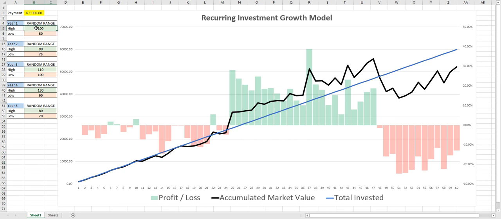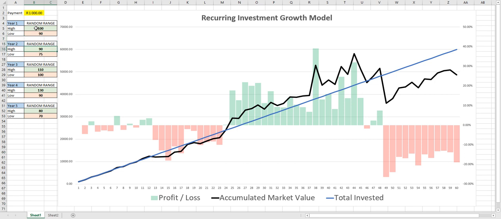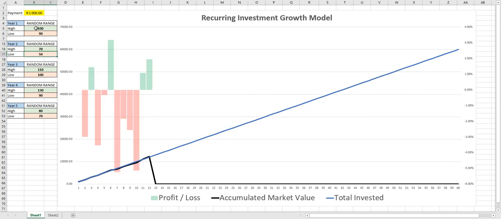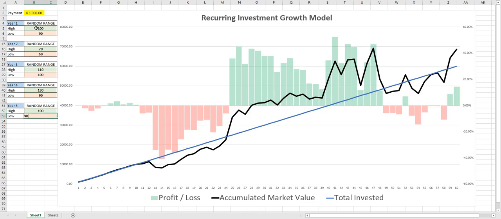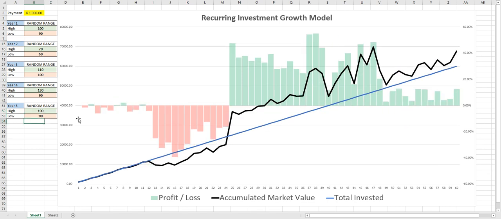So again, we're going to start on 100. We're going to make that 90. We're going to go down to, let's say, the high is 70 and the lows are like 50. And then all of a sudden the market starts to pick up nicely. So we get back up to 110. And let's say we end here at 190 again. And you can see it's very painful for investors in the first year, but that's really where the